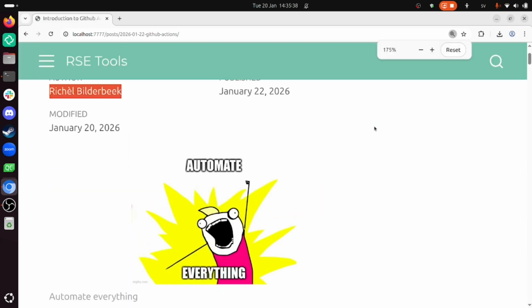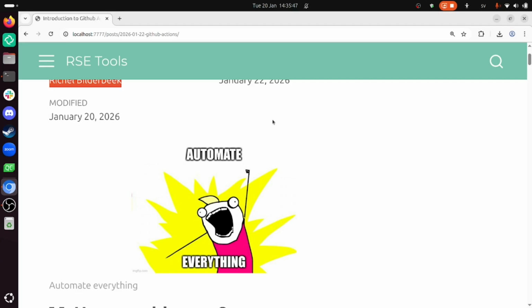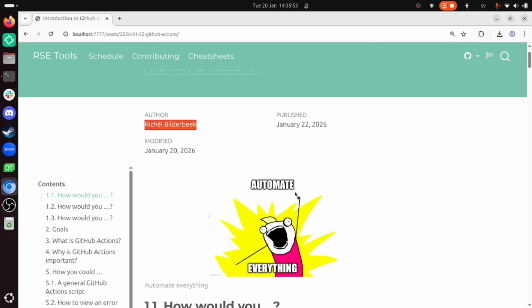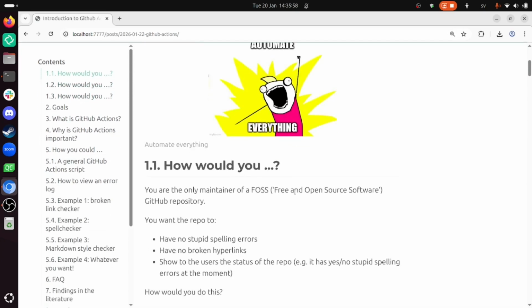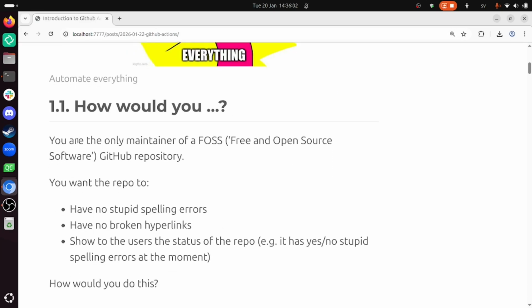So we already start with this logo, this meme that we should automate everything. I'm a fan of that as well, and this ties in with what we're going to talk about because GitHub Actions allows you to do this. But first I will ask you what you would do